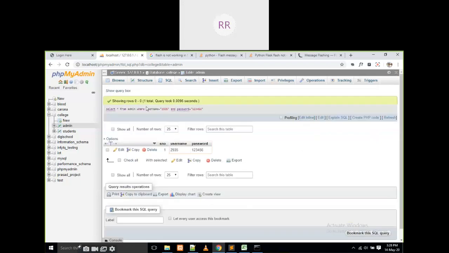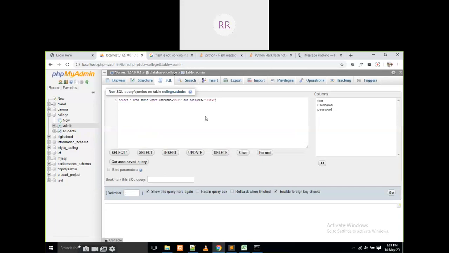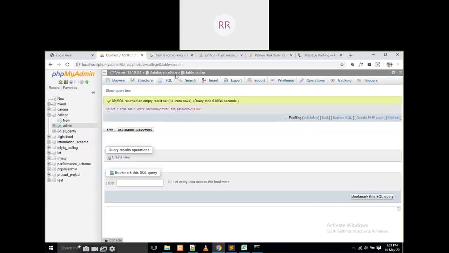You observe here, if the total is equal to 1, how many records are there? One record is there. That means it is going to be true. For example, if I paste here and miss 16, and give go, it shows 0. That means 0 rows are there. So I am going to select that data and then find the length of the data. If the length is 1, no problem. If the length is 0, we have to give a flash message, wrong username and password.